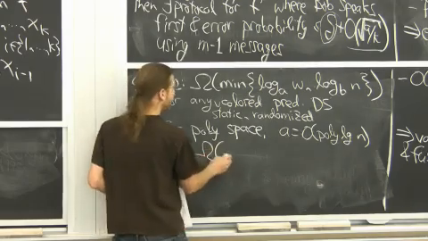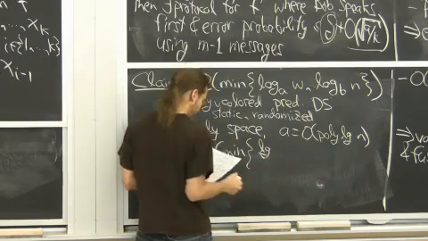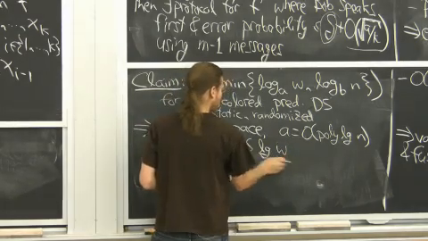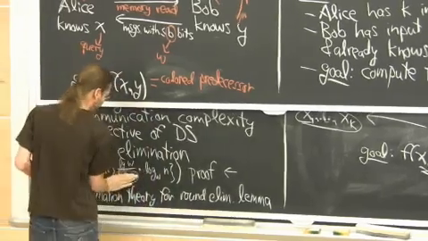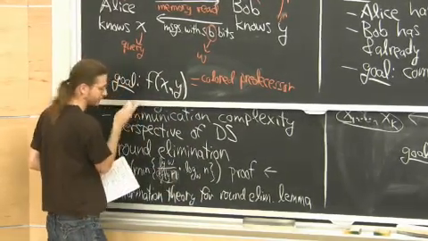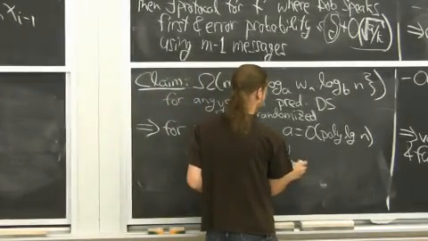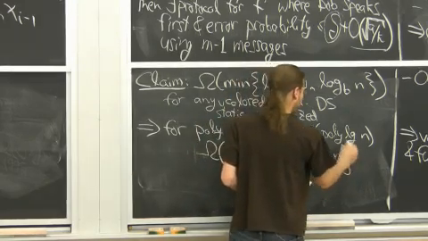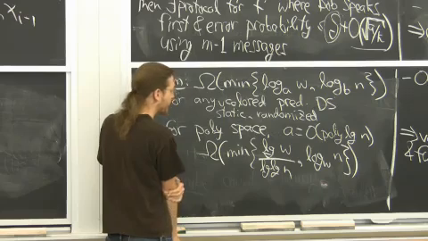So then this becomes min of log... what, n? I guess. Is that what I wrote over there? I don't even remember. I wrote log w. I guess I'm going to write log n. That's the right answer. Okay. Fine. So we get